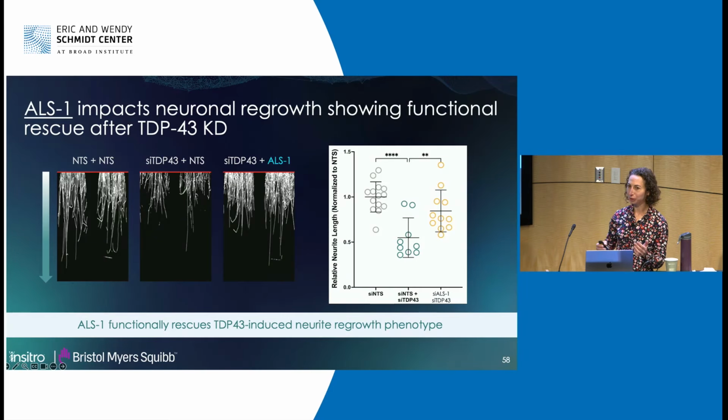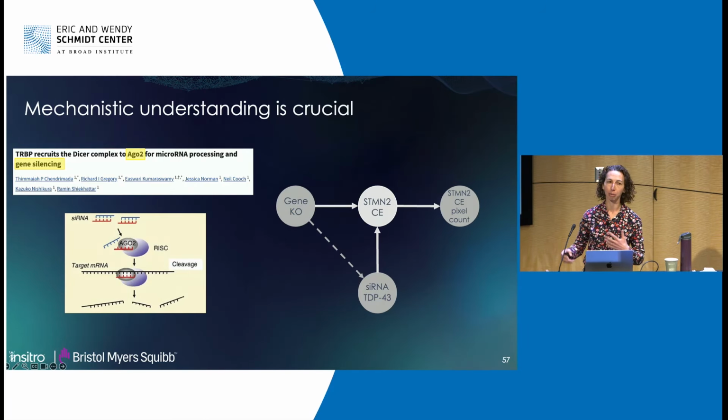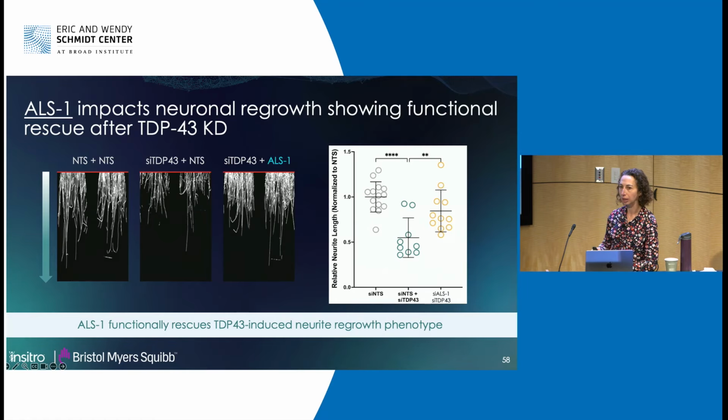Okay, so filtering out AGO2, I guess I should also mention that we're developing various automated procedures to help with these types of deep dives. But that allows us to filter out targets like AGO2. And for one of our remaining promising targets, which we'll refer to here as ALS1, we've shown that it leads to functional rescue through neuronal regrowth, which is super, super cool. So here we're seeing that the neurite length is statistically indistinguishable from our healthy controls. So this is something we're really excited about.